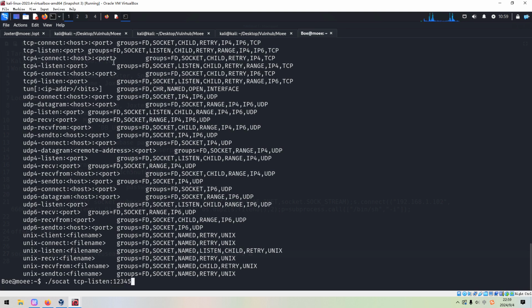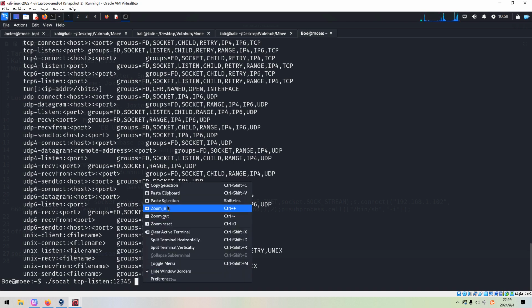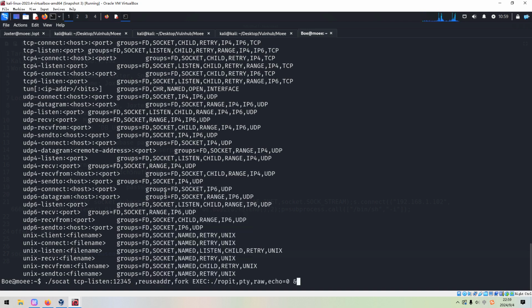Port number, and we just copy the options, a bit complicated options. And we can press enter.